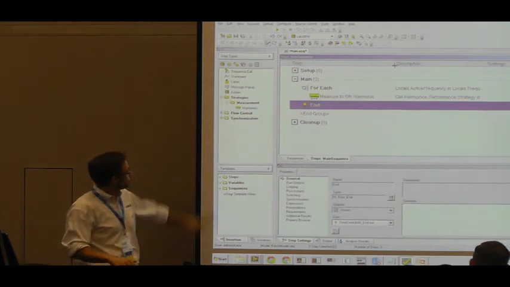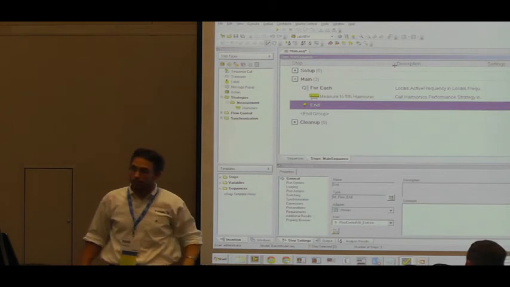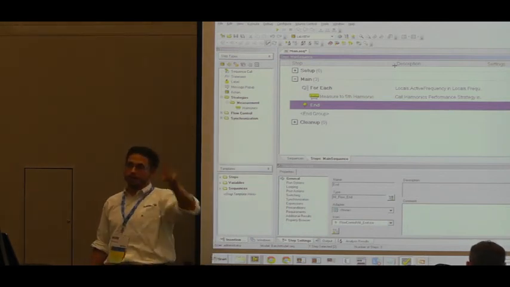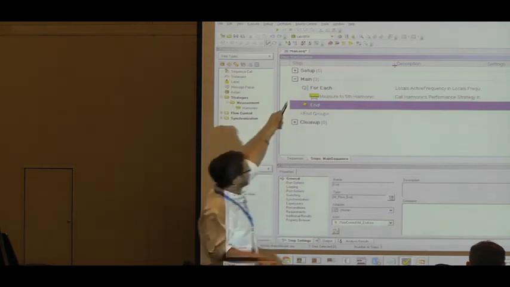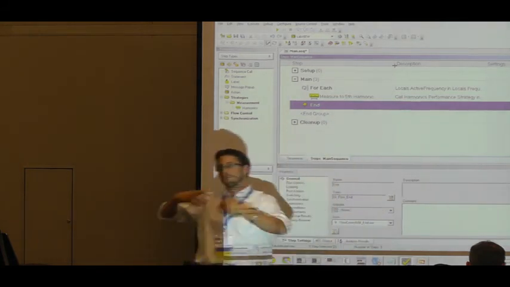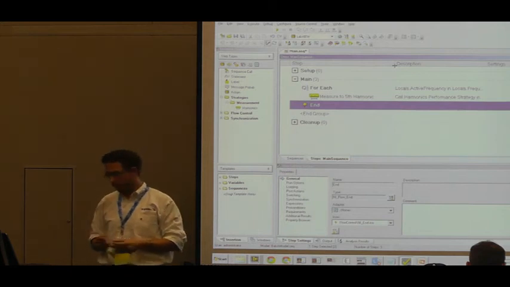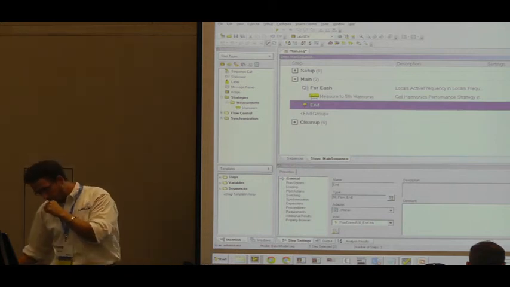So for those of you who are not familiar with it, this is TestStand. This is me trying to measure a test that's going to measure out 5 harmonics, and for each one of the frequencies in an array, go ahead and get the harmonics. Very simple way of doing the individual testing. However,